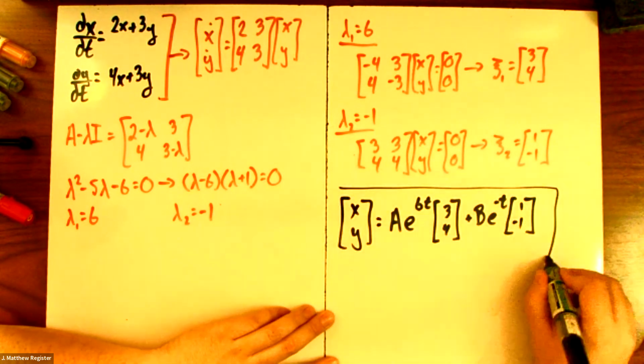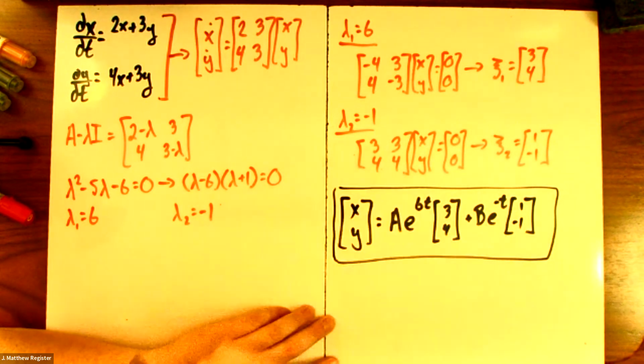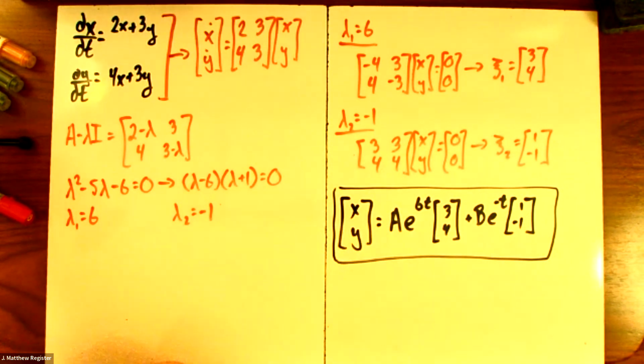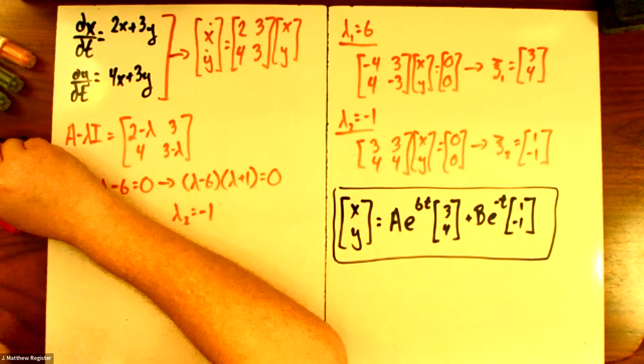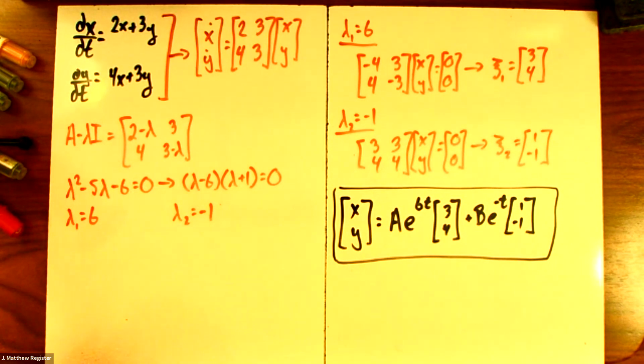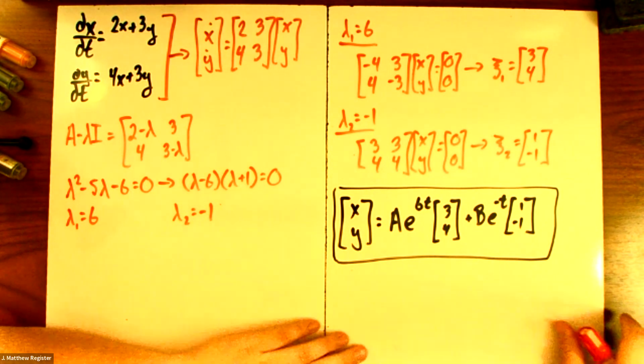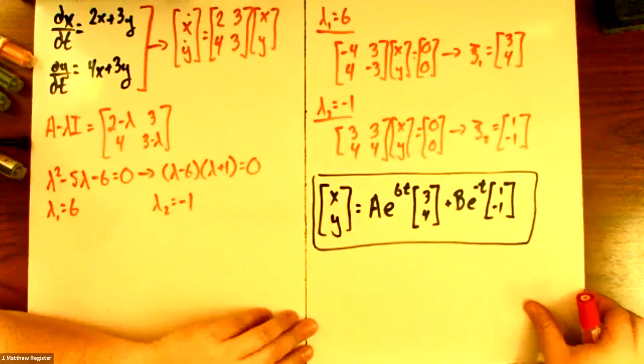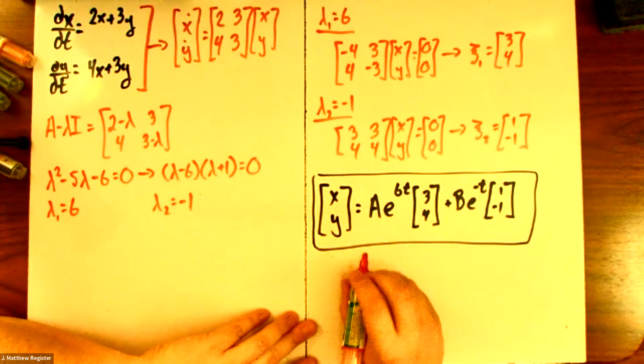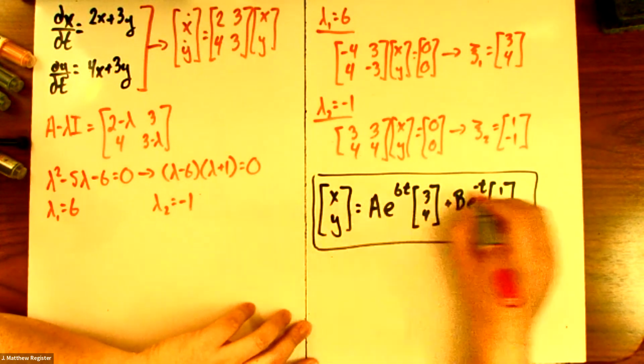And that's our general solution. Now, if you wanted to, you could break this apart. I wouldn't recommend it, but you can if you want to. And you can see how this would be written as parametric equations. And so if we were to break this apart, we would say it's going to be the top row, which